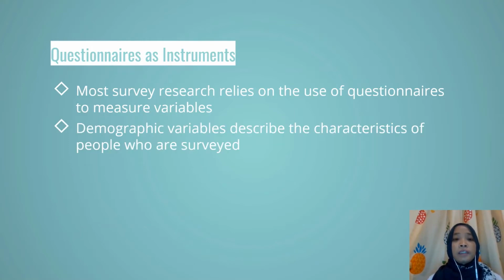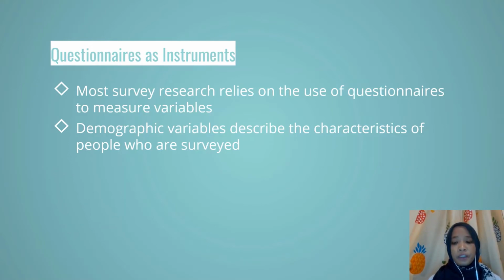And in doing surveys, we also would like to measure or ask about demographic variables. Demographic variables describe the characteristics of the people who are being surveyed. So we are asking them about their age, their gender or sex, maybe their major or educational background. If relevant, we might also ask about their ethnicity, religion, subjective social status, etc. Anything that we think is relevant